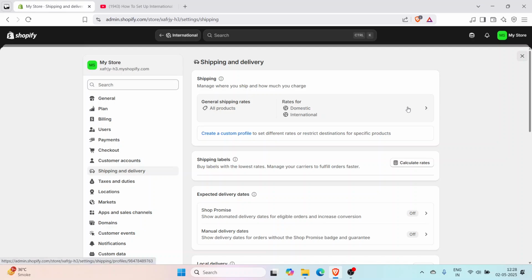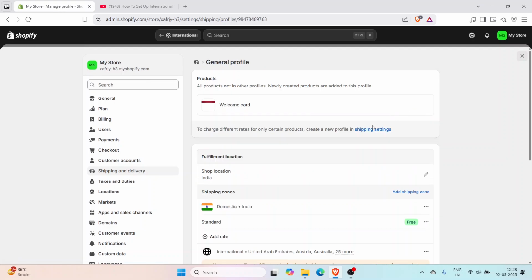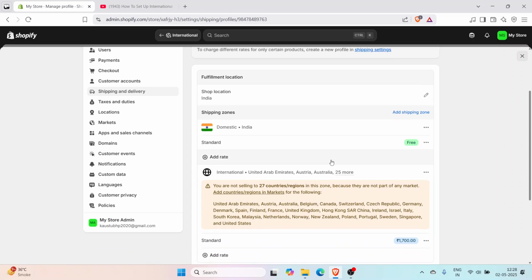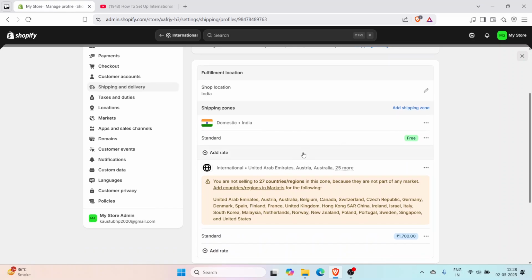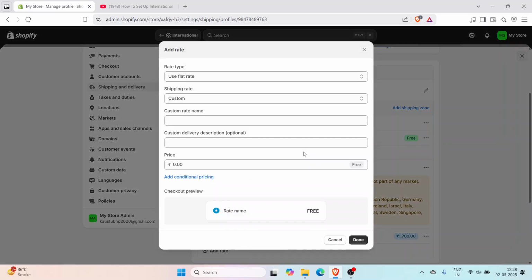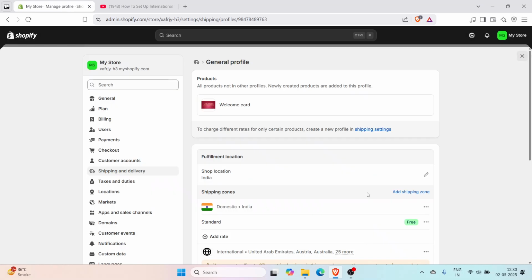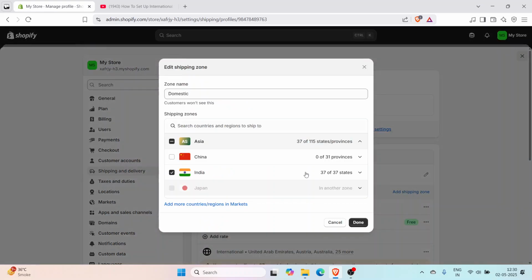Here you have to go to this option of shipping. Here you have to go to this option of add rate. Click on add rate. In here you have to click on three dots where you can see the domestic option. Click on edit zone. Then you can select whichever zone you want to add here by particularly selecting something,